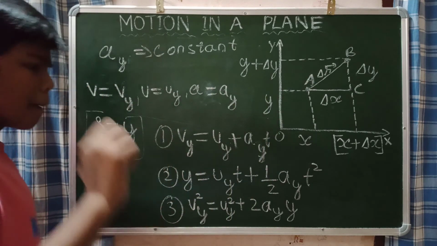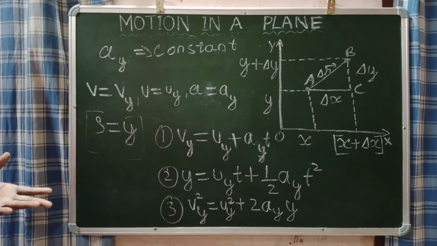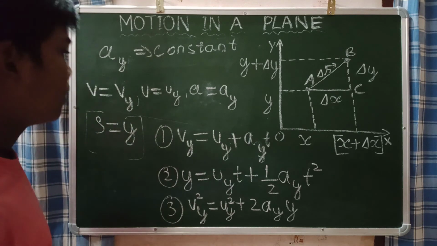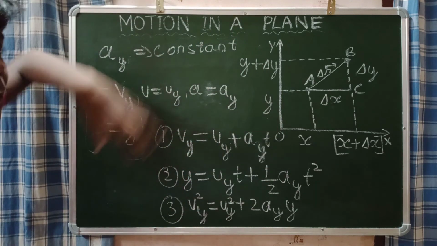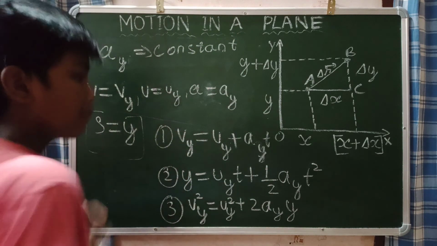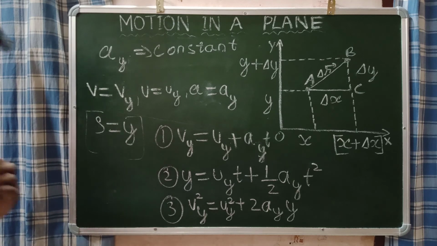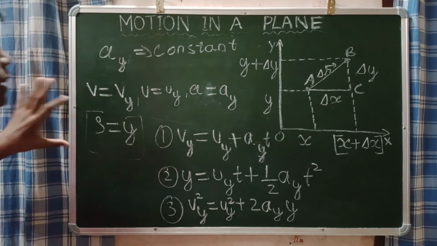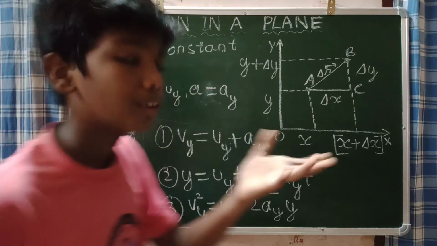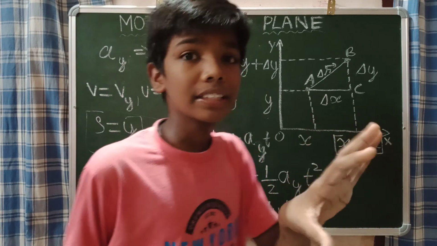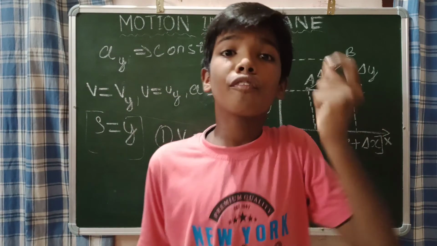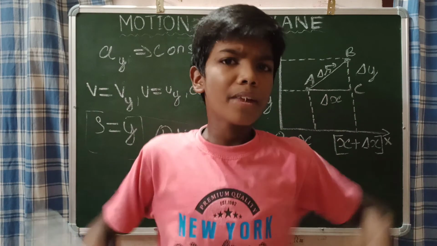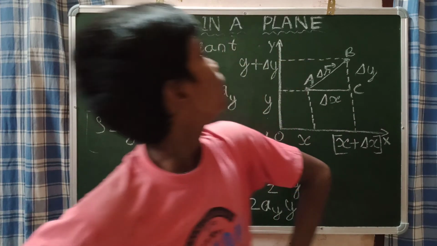These are some basic concepts, guys. So I think you are able to understand the component-wise kinematic equations when a particle is moving in a plane. It is a simple concept. We have seen displacement, velocity and acceleration, and also the kinematic equations for each x component and each y component. That is all for motion in a plane.